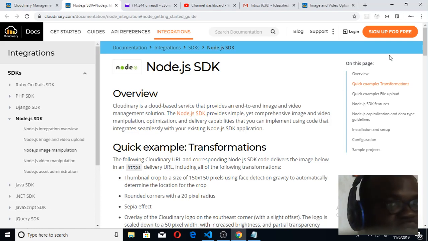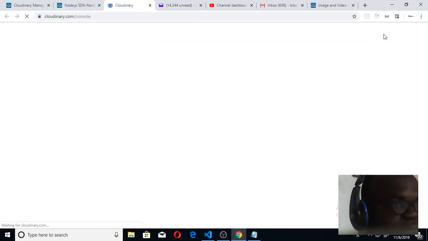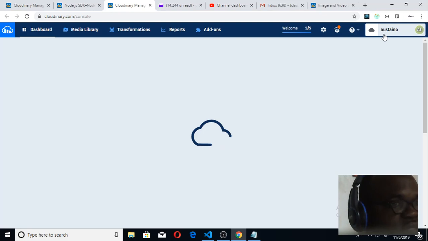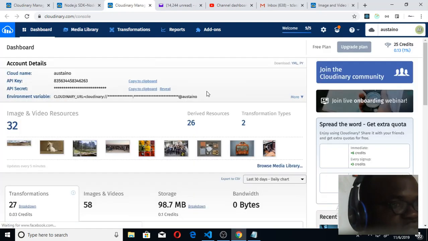Now, for us to use this, you have to sign up for free. Just go to Cloudinary.com, then you will see where they wrote sign up for free. You click on this sign up for free, then you'll be asked to create an account. I already have an account, so I will not be asked to do that. I will just be logged in. So this is my dashboard, but you'll be asked to create an account, put your email, put a good password,